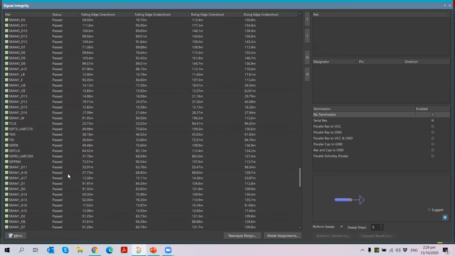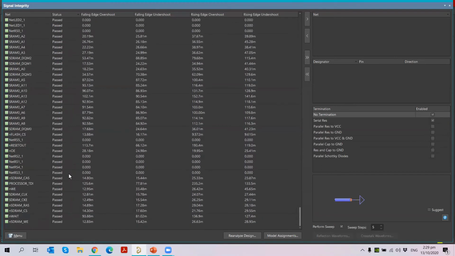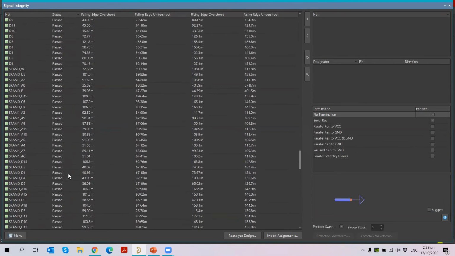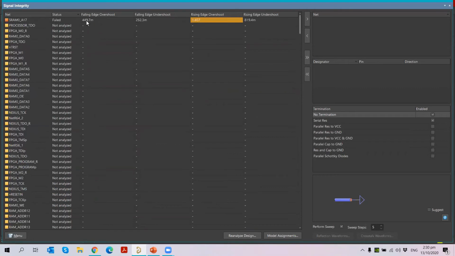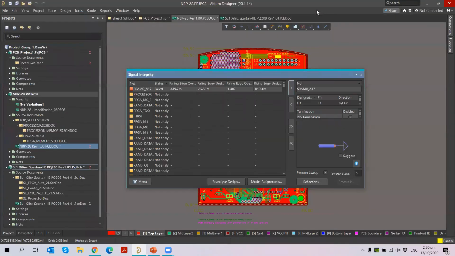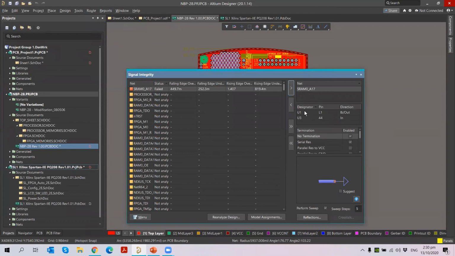The failed net will have the crosstalk and the reflection issues. So let me analyze that net alone to see where this occurs and what the reflection is for that particular net. Now for my case, I have only one net that failed. Since I have only one net fail, I cannot do crosstalk. I can do only reflection, because crosstalk requires two nets to be analyzed. So I just bring in that net here. When I bring in that net, you can see I just minimize so that I can easily do the cross probing behind. When I bring in the net, you will see the designators U1 and U3 with the pins L1 and L4.